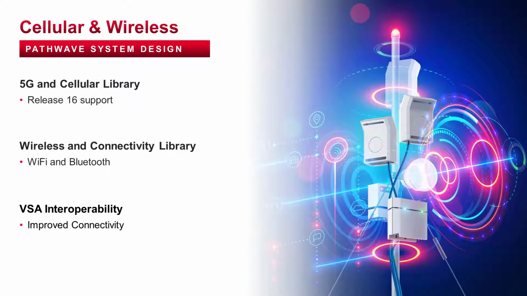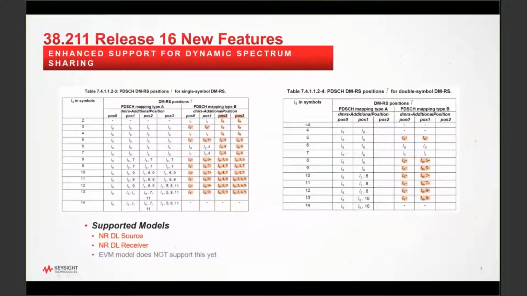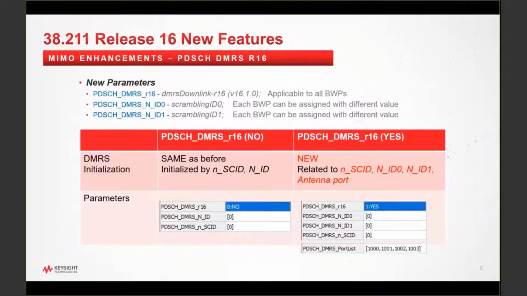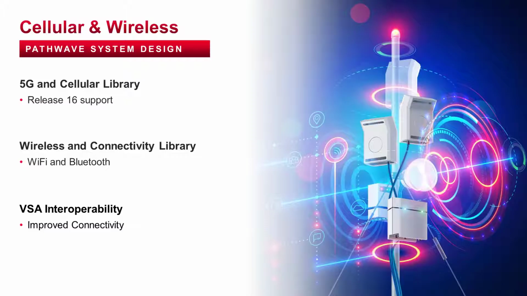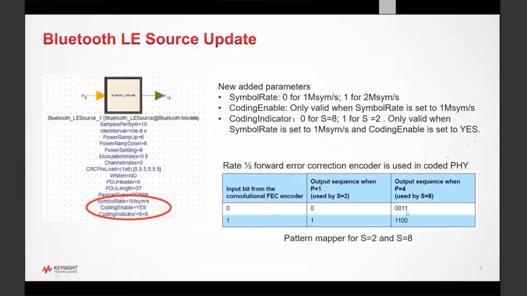Finally, we've continued to expand our capabilities of our commercial wireless libraries by staying up to date with the latest specifications. Our 5G and cellular library key features are now updated to 5GNR Release 16, keeping 5G system designers on pace with the current rollout and ready for future enhancements. We've added Bluetooth version 5.2 to our Wi-Fi and connectivity library. This enhances our update to Wi-Fi 6 in the previous release and gives connectivity chipset makers a full reference testbed